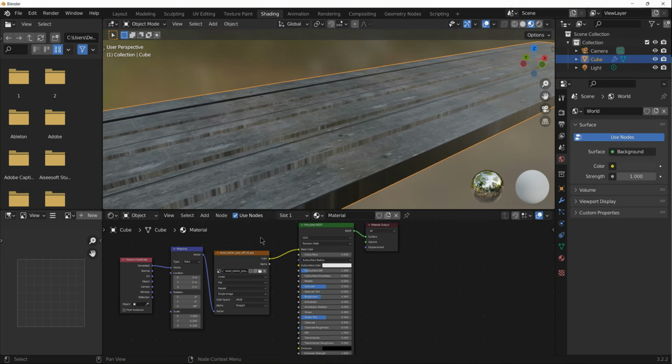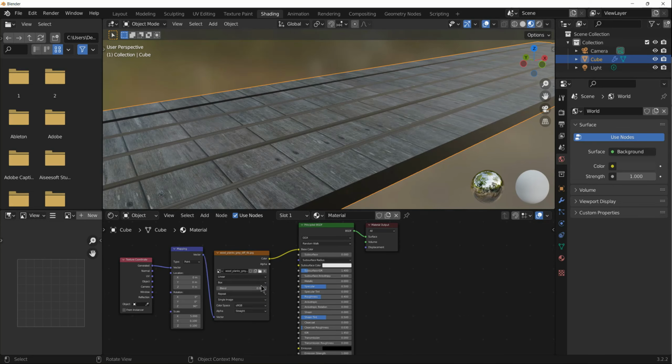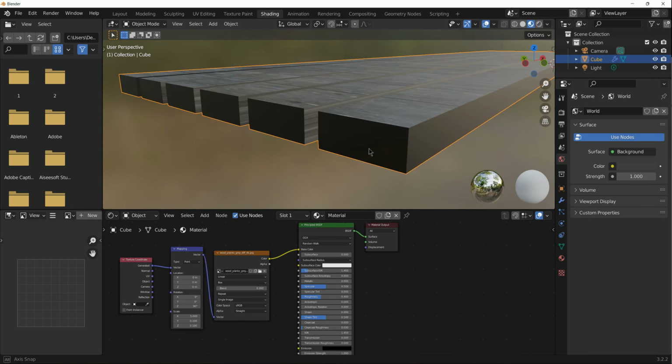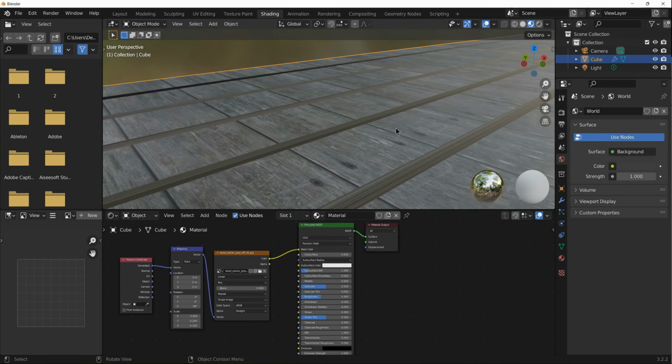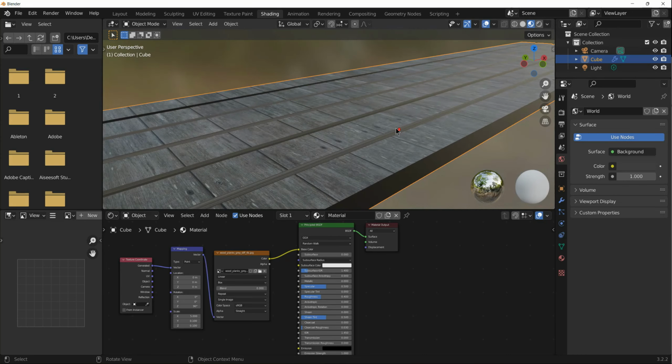What happens if I go to box? It switches around the other way, which is fair enough. And we've even got the screw holes there, which looks terrific. But it's the wrong way round. So in principle, if I took off the Z rotation of 90 degrees, which it looks as though it's applied, but that's not what I want now,